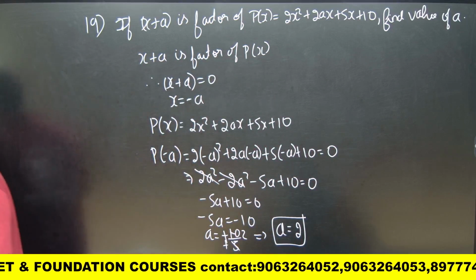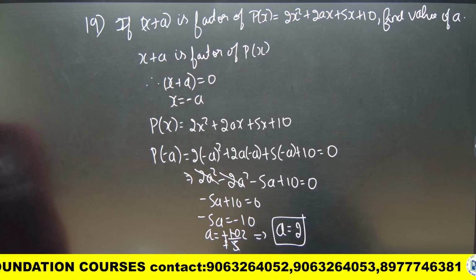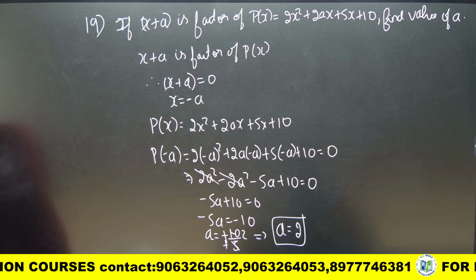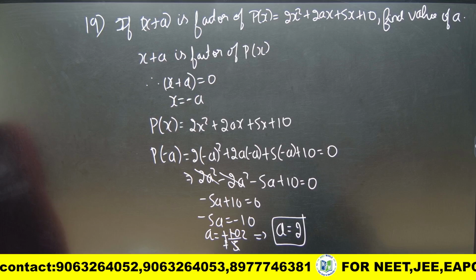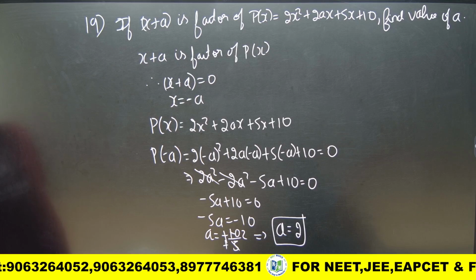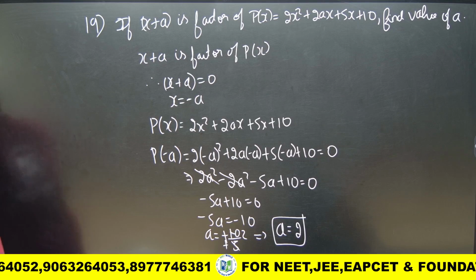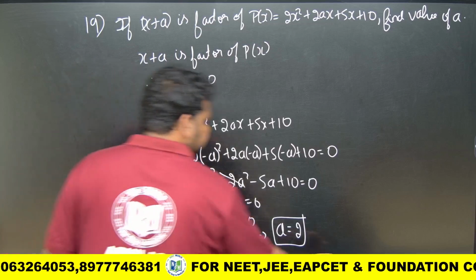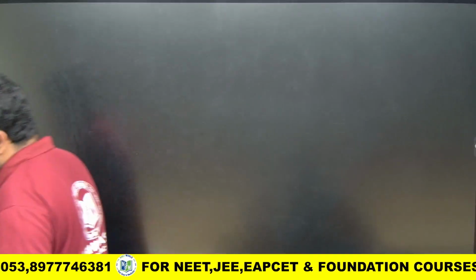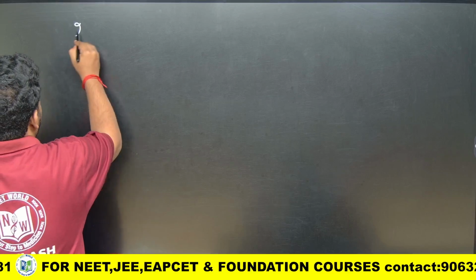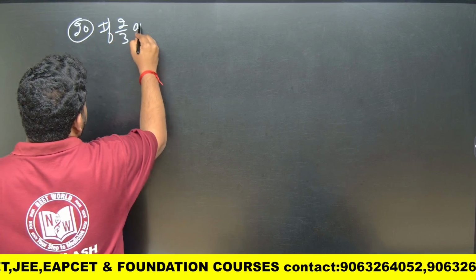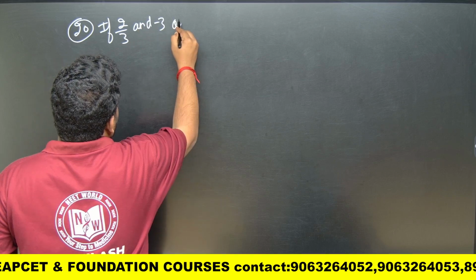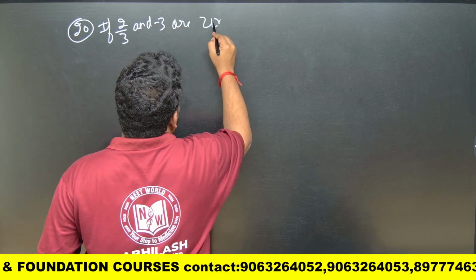Let us move to the next question, friends. That is question number 20. So what they are telling in question number 20 is, if 2 by 3 and minus 3 are zeros of the polynomial,